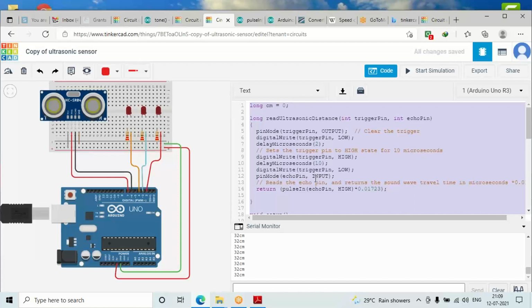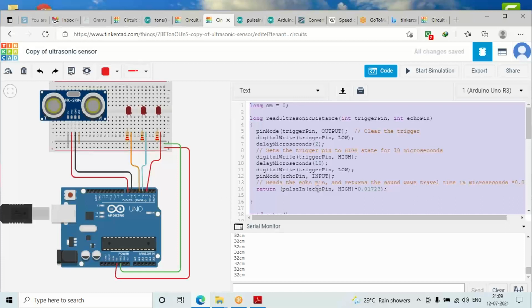For that we are calling the pulseIn function. Now what this pulseIn function does is, it is connected with the echo pin, and whenever the echo is received, it calculates the time. From the moment the trigger is sent till the echo pin receives the sound, the time spent is calculated with the help of the pulseIn function.